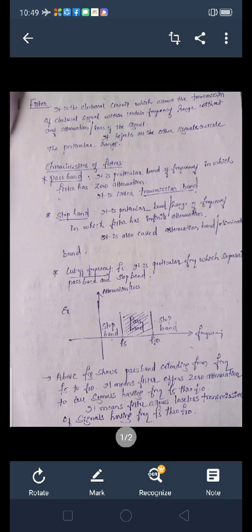Try to understand. This filter separates the signals. Suppose there are 100 signals and all those 100 signals are having different frequencies. Suppose F1 is the frequency of the first signal, F2 is the different frequency of the second signal, F3 is again the third signal frequency, something like F100 is the frequency of the last signal. In that, what this filter does is, it is going to separate the signals depending on their frequency.